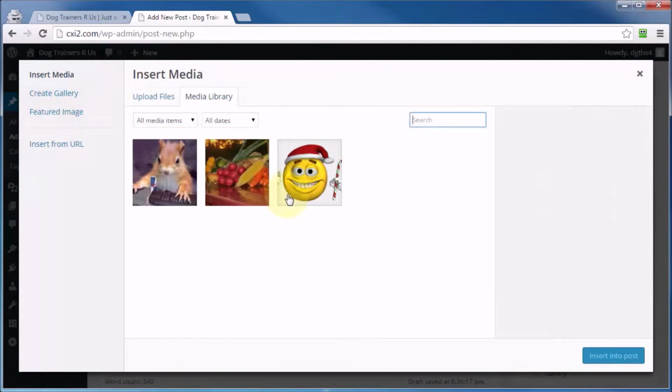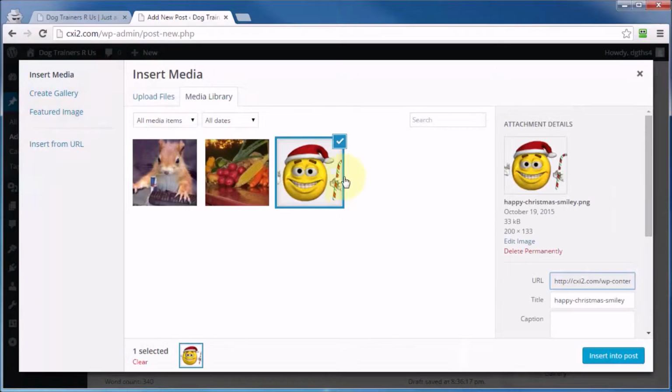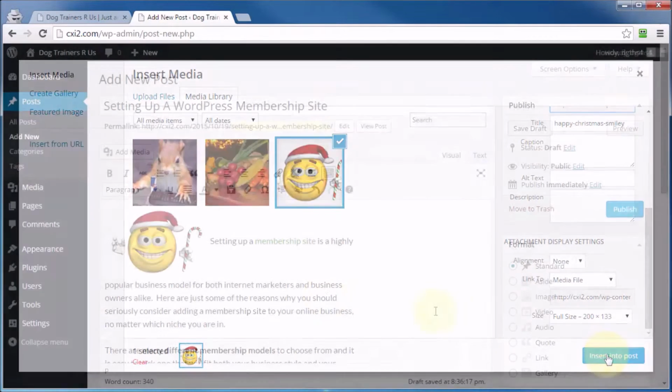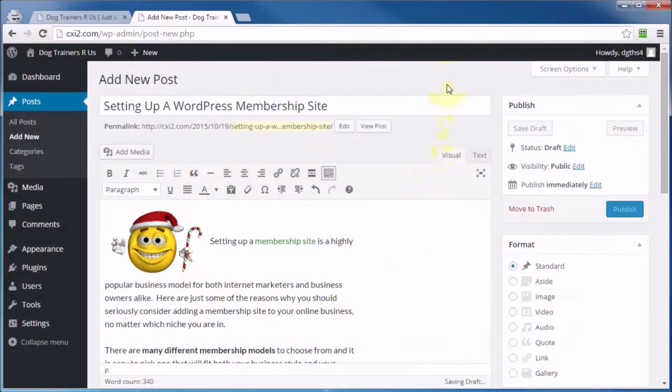But if we're going to add one of these images, all you have to do is just click on it and you get the check mark. You can make a few little edits over here to the right and then click on Insert into Post, and there it is. Now, if we come on up here to the very top right, we've got this option here